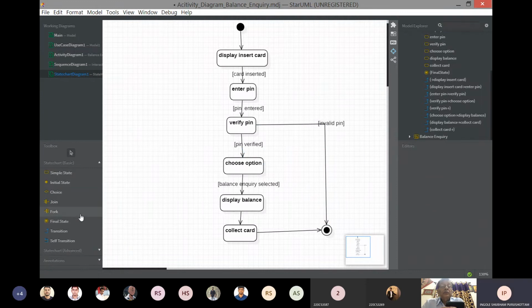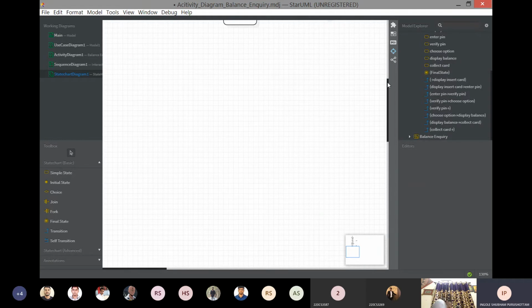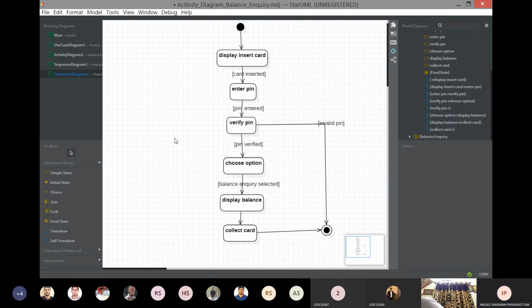So here also you have the options. You have the decision box choice, join and fork, same as in the activity diagram. So it depends on what is your requirement in the state chart diagram. So this one is for the balance inquiry.